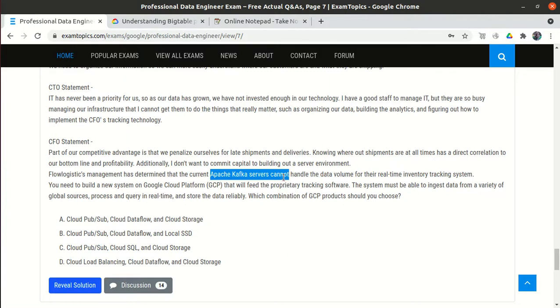But they have something mentioned that they can't use Cloud Dataproc. One minute.